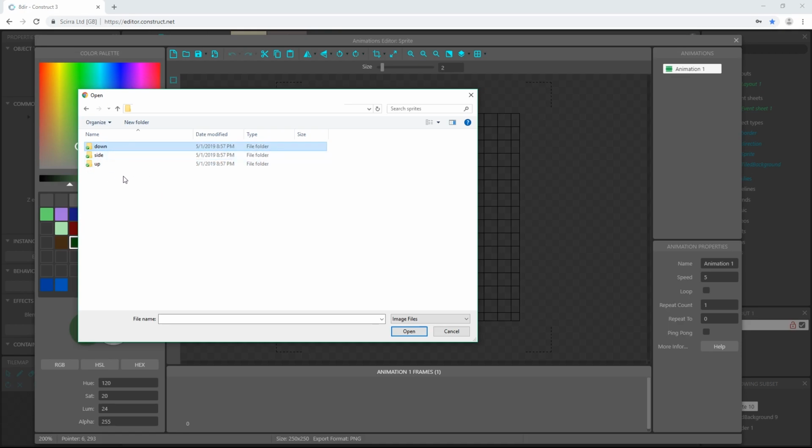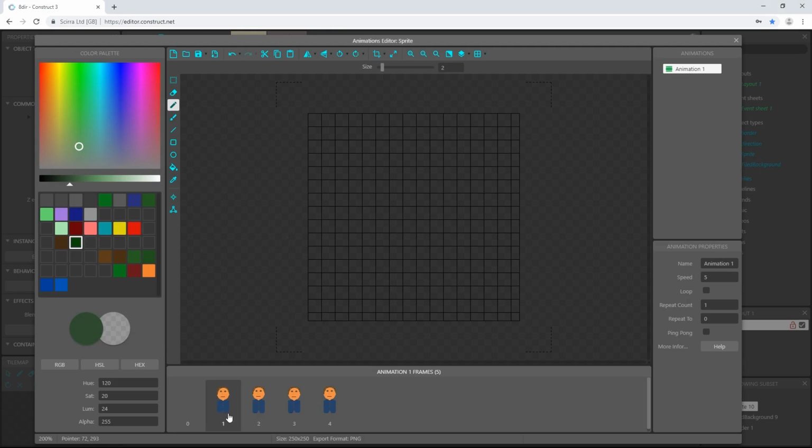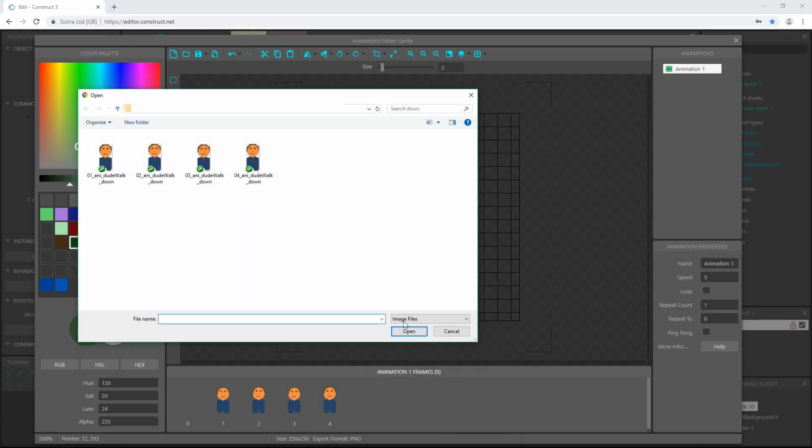And we want to import the content of each of these folders. So I'm going to start with the top one, which is down, and we have 4 frames in here, and I'm going to select all of the frames, highlight all of them, and open. And you see down here it gave us all 4 frames, and the reason that it gave us the frames in this order is if we go back to import frames from files, I have numbered them 01, 02, 03, 04.